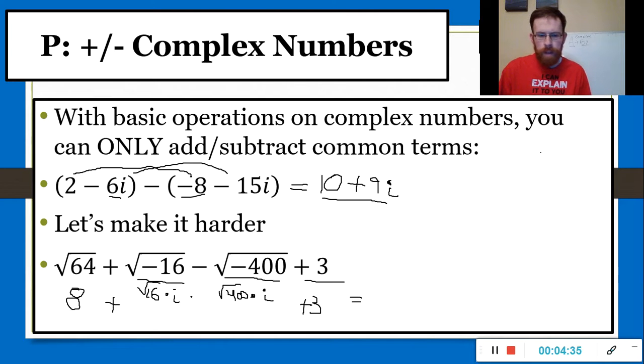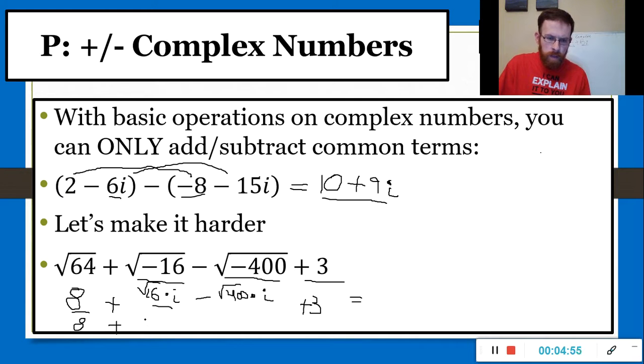Let me not forget my operations here. So, now once again, I have these real parts, these imaginary parts, and I just want to combine them. But let's see if we can break down those square roots even further. Square root of 16 is 4. So this is going to be 8